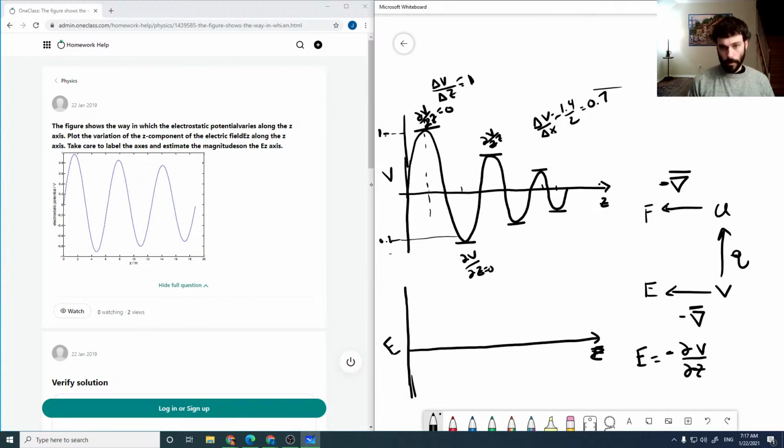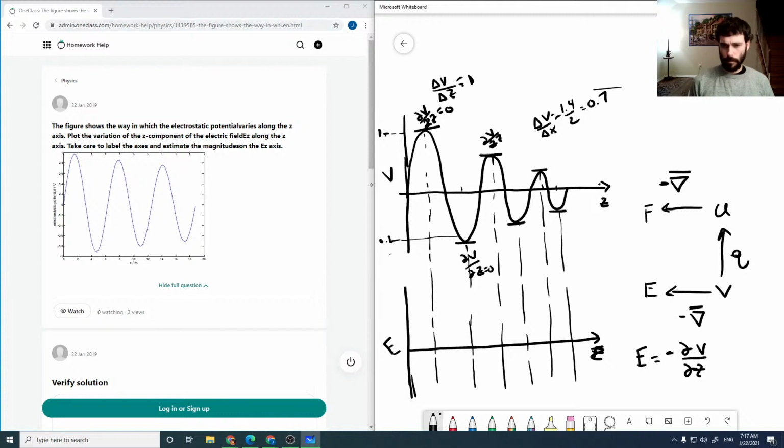And I'm going to do my best to try to drop these down to this lower plot, because these should be my 0 crossings, and it's going to guide my sketch. Okay, so these points will be my 0 crossings,